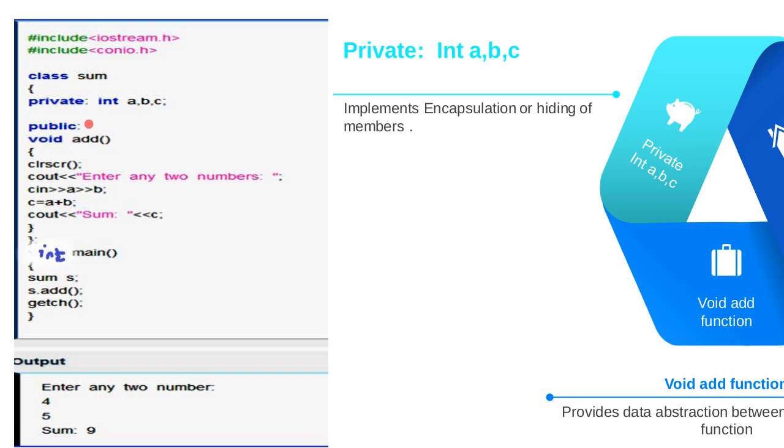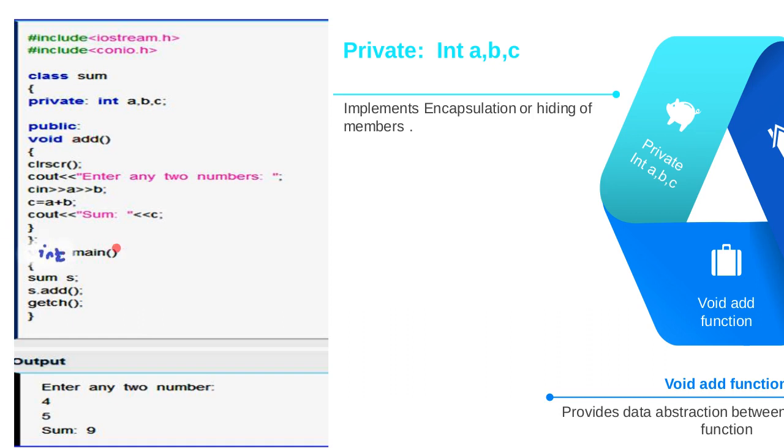Now, for them to be accessed by the outside world, they can only be accessed using a function. Void add is a function. The term void means this function is not doing any calculation, it's just picking data. The void add is a function or a method, and this is the one the int main function will talk to and ask: please can you provide for me these variables that are here. So these variables are hidden and they can only be accessed by the function in the public, which is add,